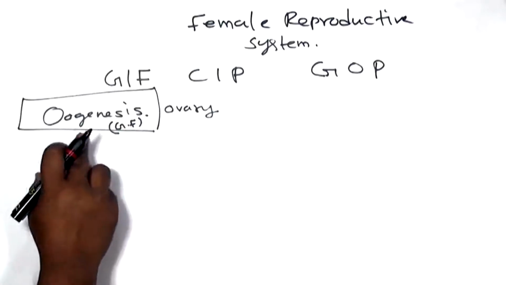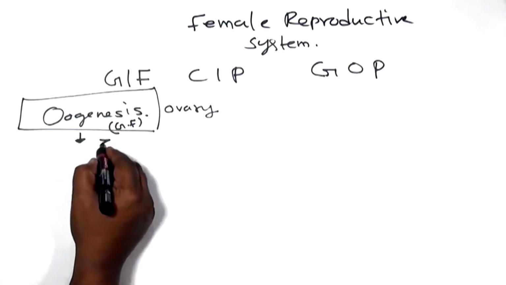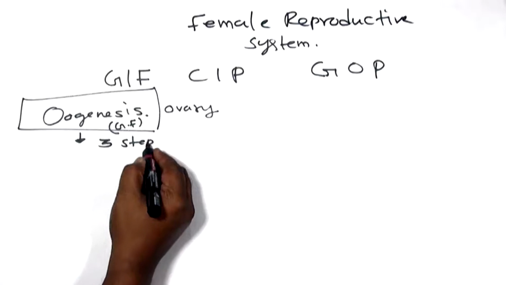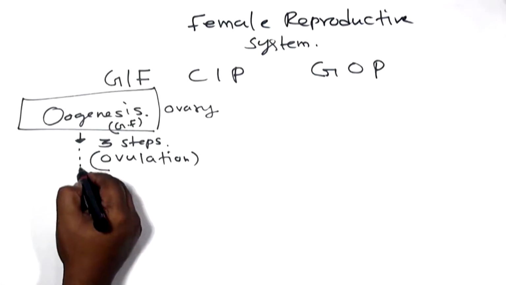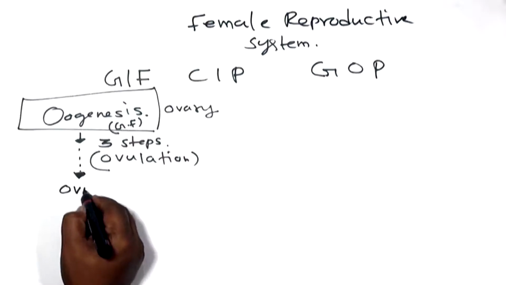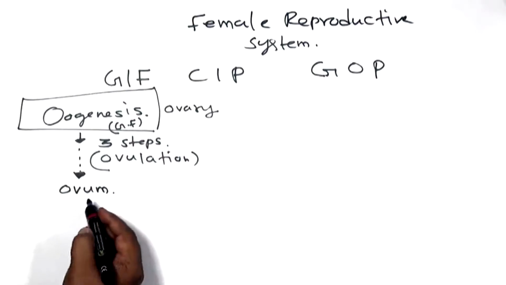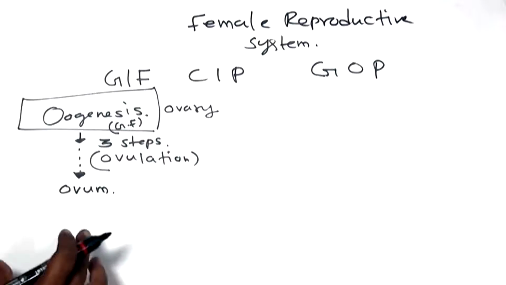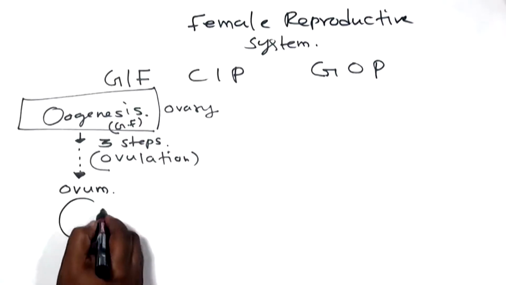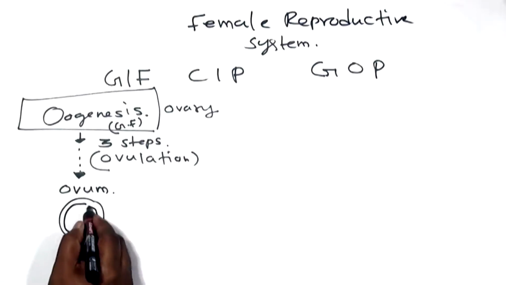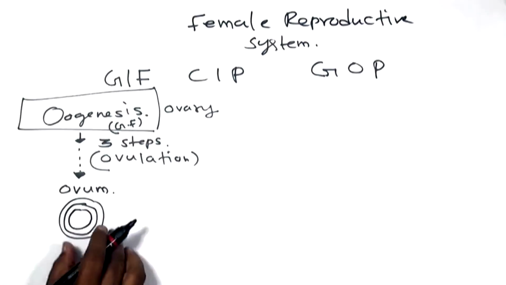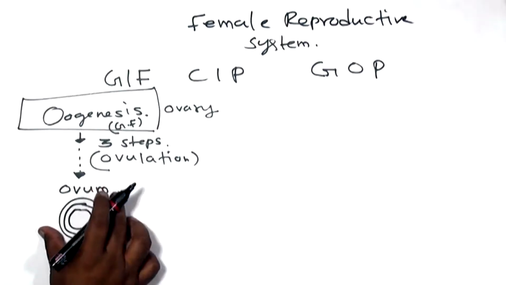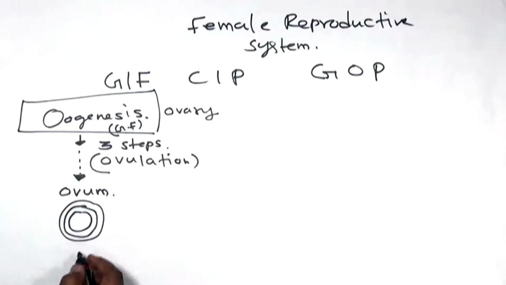Inside the follicle, they grow and will be released in 3 steps by a process called ovulation. It will be released as an ovum. This ovum consists of 3 layers: corona radiata, zona pellucida, and vitelline membrane. So with these 3 layers, it is called the female gamete, and once it is released, it will